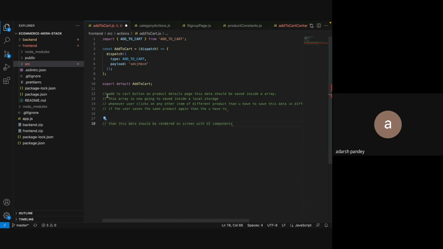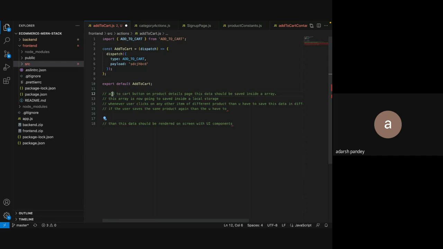डेटा रेडी करने के लिए मैंने 4 स्टेप्स, 3 ही स्टेप्स अभी दिया है। प्लीज एक्सेप्ट दिस चैलेंज, और इसमें अगर दिमाग लगा दोगे तो बहुत सारी चीजें तुम्हारी क्लियर हो जाएंगी। फिर तुम्हें चैलेंजेस समझ में आने लगेंगे। कॉम्प्लेक्स बिल्कुल नहीं है यार, नॉर्मल ही है। फर्स्ट थिंग इज, add to cart button on product details page, this data should be saved inside an array। तो जो भी प्रोडक्ट डिटेल्स पेज पे ऐड टू कार्ट पे क्लिक करेगा वो डेटा एरे में स्टोर होगा। दिस एरे इज नाउ गोइंग टू सेव्ड इनसाइड अ लोकल स्टोरेज। जैसे तुम्हें एरे मिलेगा उस एरे को लोकल स्टोरेज में सेव करा देना। तो पहले टास्क में थोड़ा टाइम लगेगा, सेकंड में तो सिर्फ तुम्हें लोकल स्टोरेज में सेव कराना है।